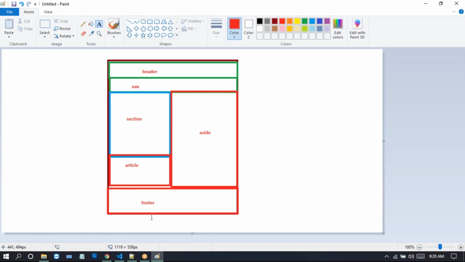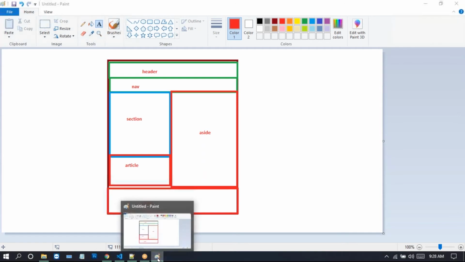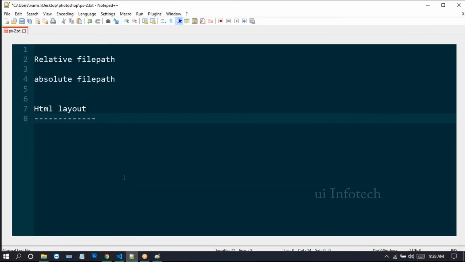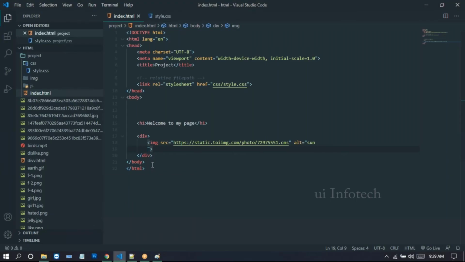Now let's create this layout using tables. I'm using a table to create the HTML layout, so I open Visual Studio. I'm removing what we don't want, and taking this table layout.